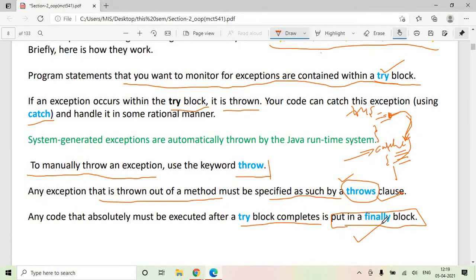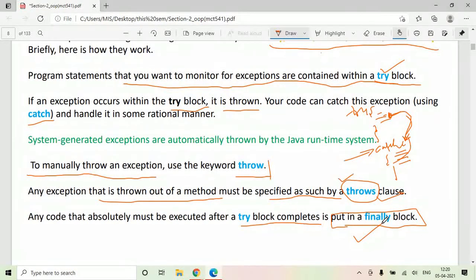So the code which you want to execute compulsorily, irrespective of the exception condition, that piece of code you can write in the finally block.